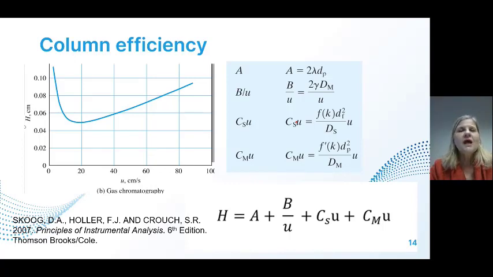So that brings us to how a GC and an HPLC chromatographic separation will take place, and how we can make sure that we have the most efficient separation of our compounds. Because when you start with your sample, you want to be able to separate as many compounds as possible before it goes to the MS. Even though we know that the MS would be able to distinguish between different compounds if we have peaks overlapping,